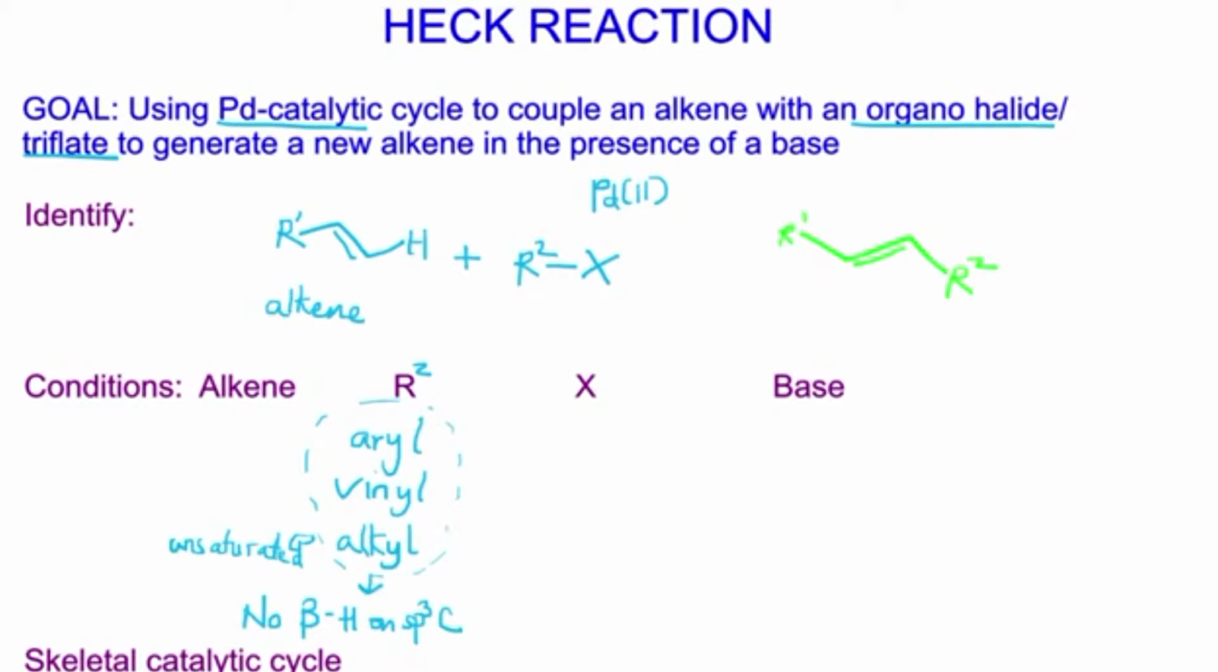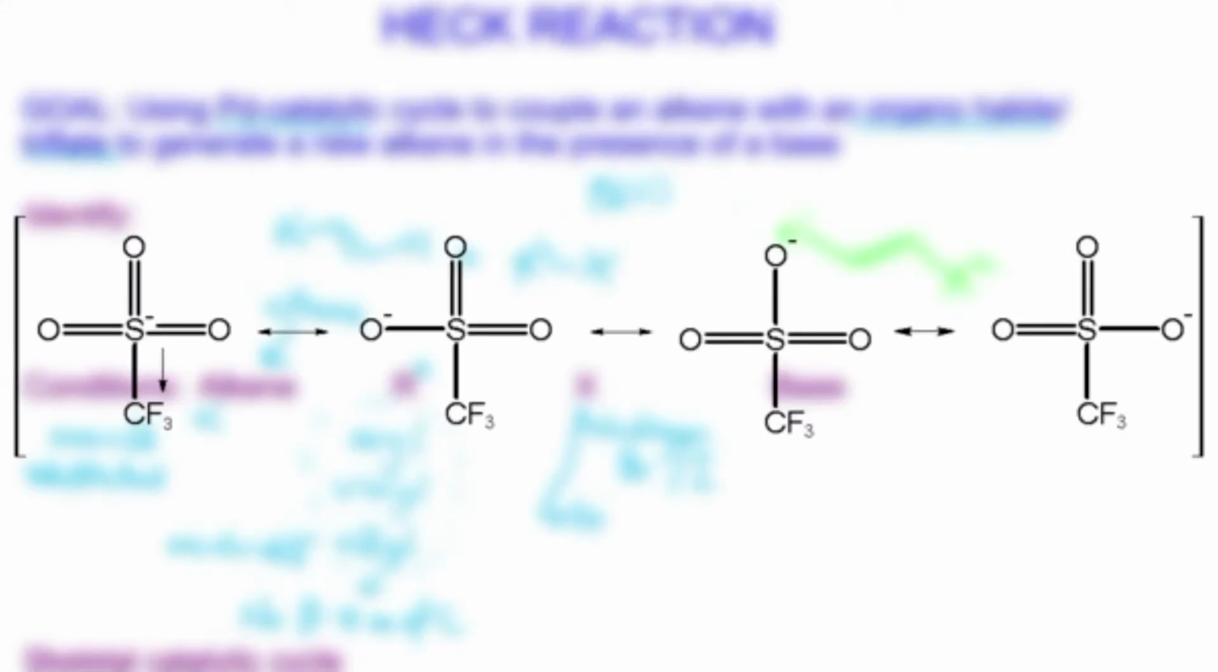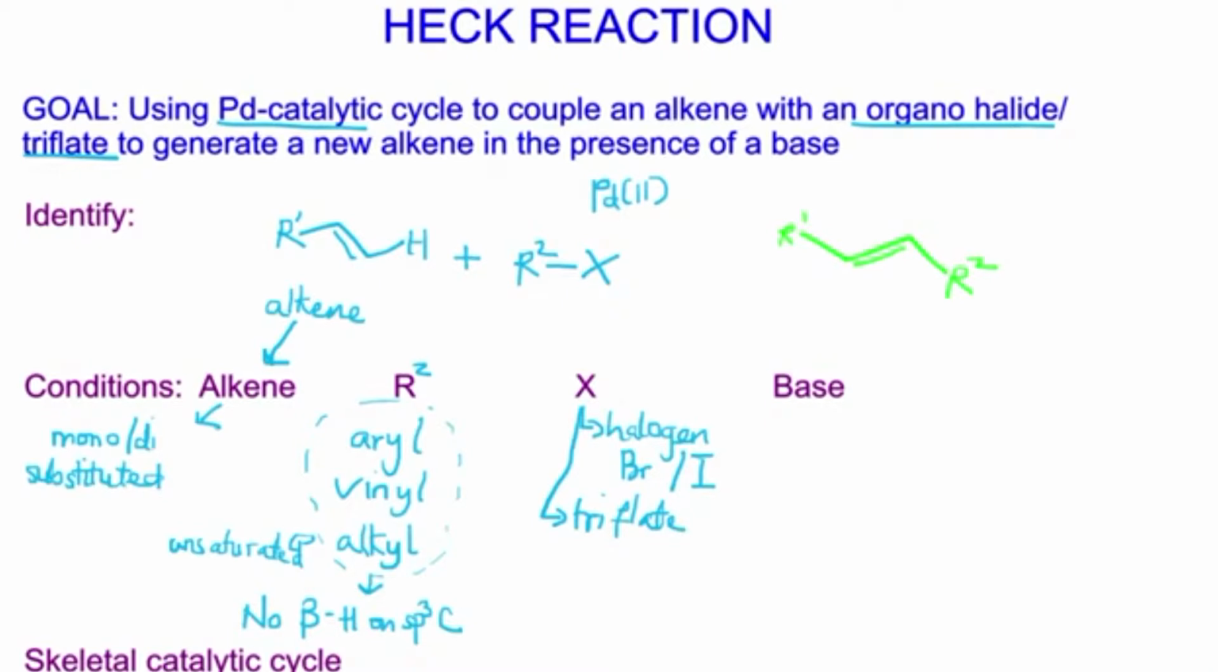Now, another thing we need to take note of is that this alkene, which is what we have right here, must actually be mono or di substituted. And what other conditions should we take note of? Next here is our X. X is either a halogen. Usually we go with bromide or iodide because they are reasonable leaving groups. Another better leaving group that is suggested is triflate,